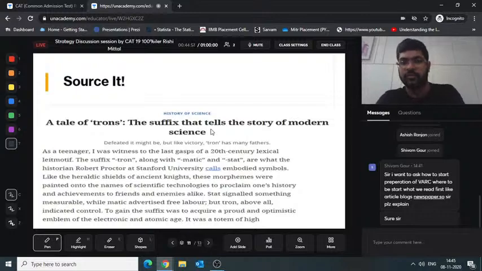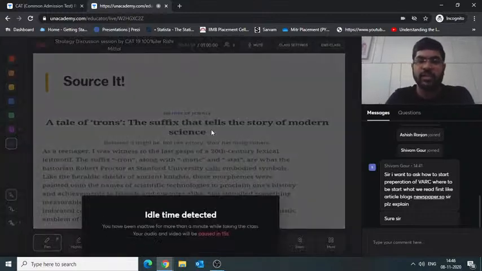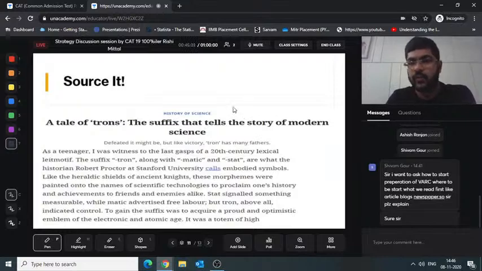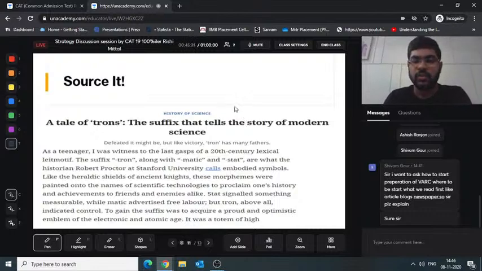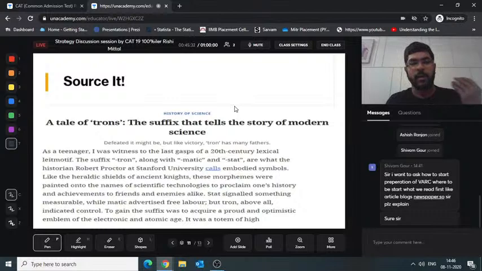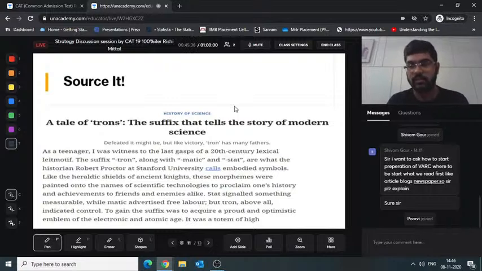Okay. Apart from that, as I've been mentioning here in this session, source every question of RC, source every PJ question, source every odd one out question. Once you source them, read those articles. So you're reading the pinpointed articles which the exam setters have picked up, right? So if you read those articles, they'll be equally good or even more. So just keep doing this process over and over again. Keep analyzing, keep attempting, keep mastering your option elimination, keep reading your articles, keep summarizing, and you will master it.